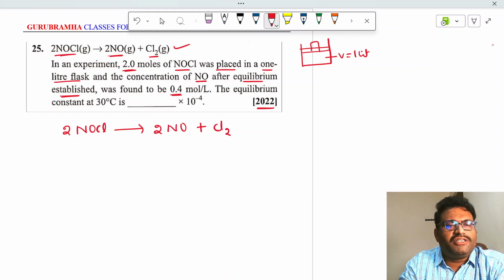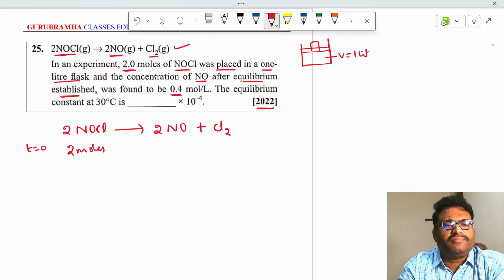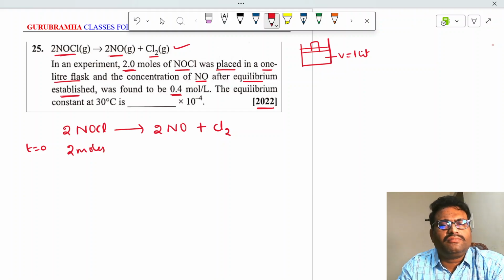At time t equal to 0, how many moles of NOCl were taken? 2 moles. Initially, there is no NO and there is no Cl2. Now I am considering let